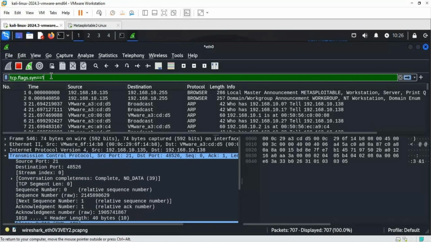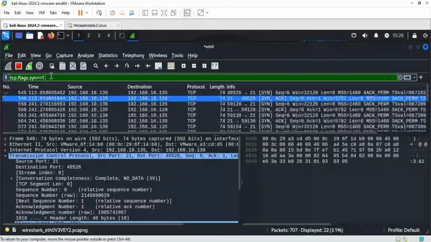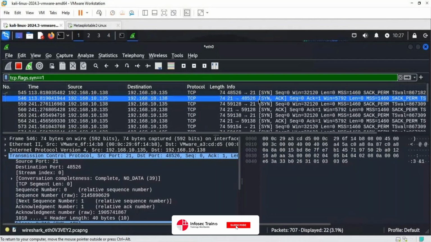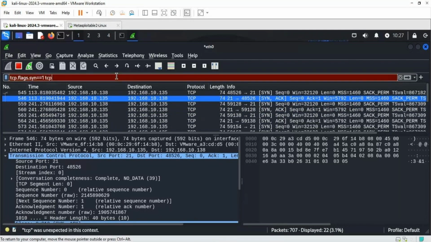So with the help of that, if I just hit enter, it will provide me only the SYN requests that are available, right? SYN, SYN-ACK, SYN, SYN-ACK, SYN, SYN-ACK over there. So from here, we are able to find that someone is trying to send us the SYN request, and in response to that, we are also giving the reply. But if you do not want to see the SYN-ACK, if you just want to see the SYN, in that particular scenario you can also write tcp.flags.ack